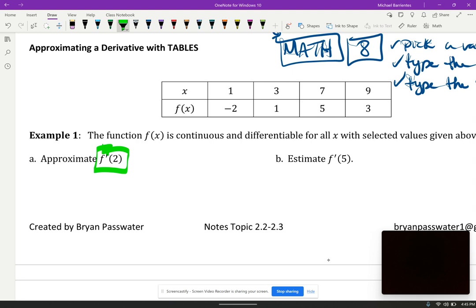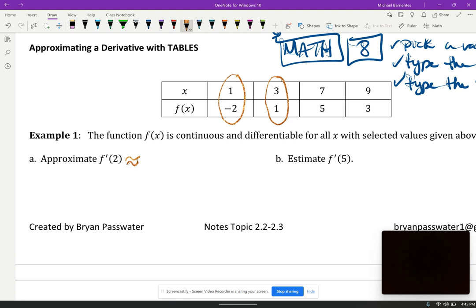Now, I could choose 1 and 9, but that's not the closest that I can get to x equals 2. So instead, I'm going to pick this pair of points, this x and y, and I'm going to pick this pair of points, this x and y, because the x values are close to 2. So I can say that the derivative, the slope of the tangent line, is going to be approximated by the